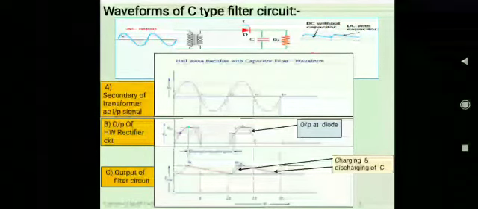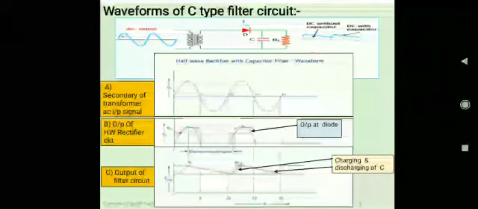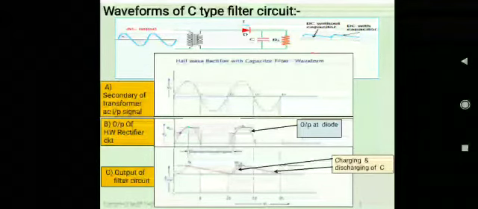So in this negative half cycle of the secondary of the transformer, the diode gets reverse biased, so no current flows through it, but the capacitor is already charged to the maximum voltage. Now there is no discharge path for the capacitor through the diode, but there is a path to discharge the capacitor through the load resistance. So the capacitor slowly gets discharged through the load resistance, and we can see the discharging waveform in figure C, from pi to 2 pi.